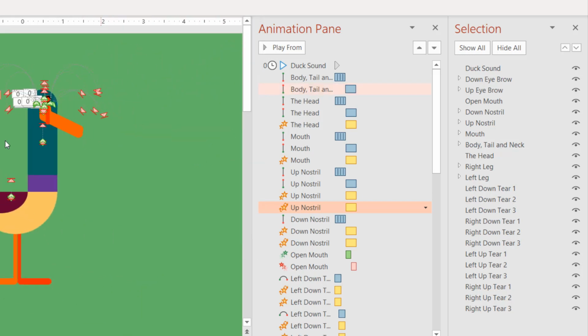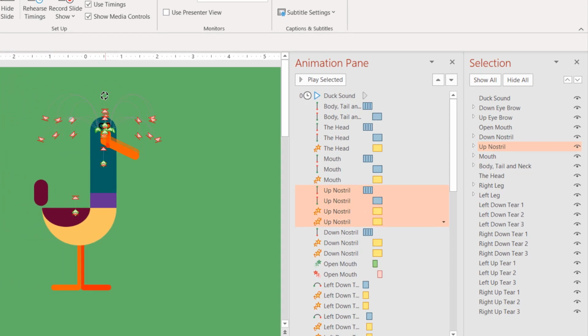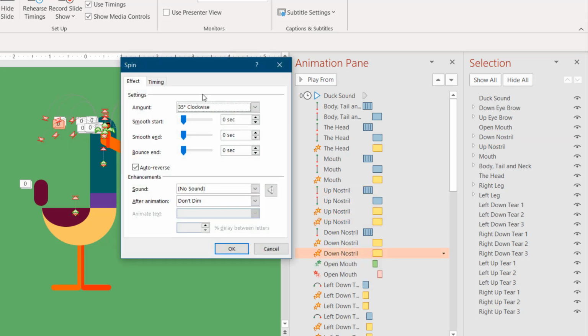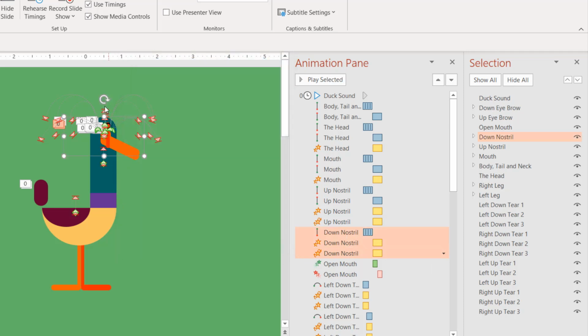Here I also want to show you the same thing. Now we have applied the spin animation to the nostril at 60°. So what will happen? It will rotate like this because of that anchor point, that oval you can see there. So that is the technique I always use to create these kinds of animation. And again you can see that I have replicated the same up nostril animations to the down nostril and only changed the rotation to 35° clockwise for the down nostril. That is the down nostril, and it will move 35° like that. And I hope you got my point.